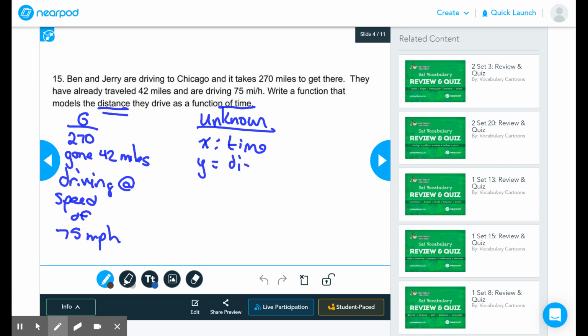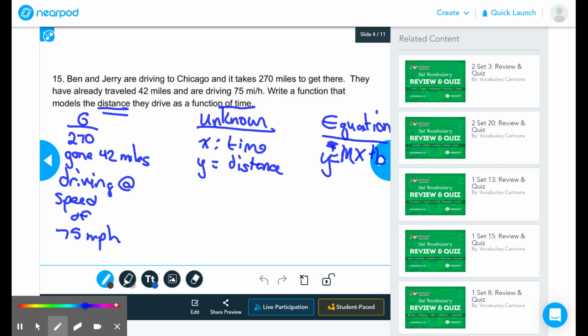Now for our equation, for these word problems, we're going to keep it simple. We're just going to do y equals mx plus b. And really, the only thing we have to realize is the m. It's our slope. It's the number that's repeating over and over again. And that number here is the 75 miles per hour. So 75 miles per hour goes next to x,